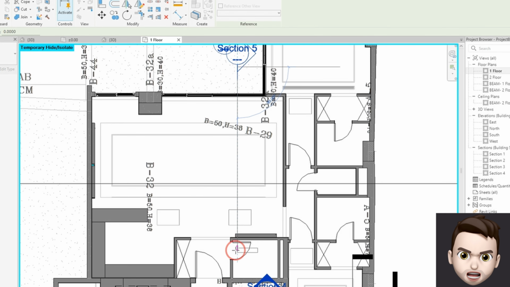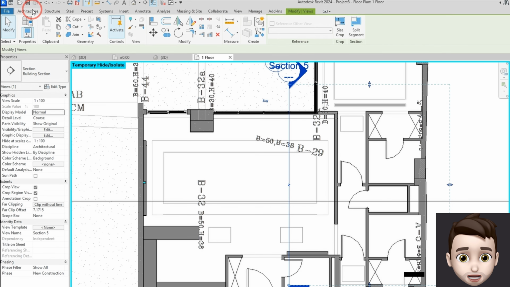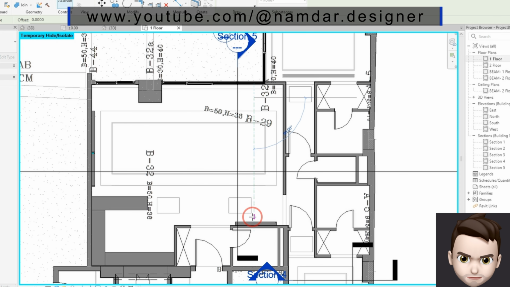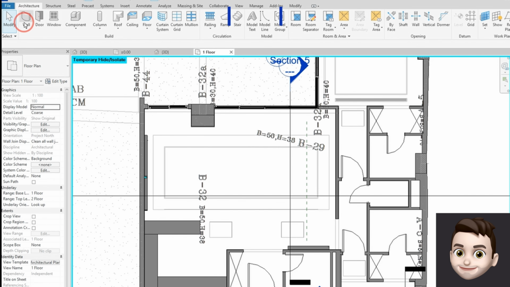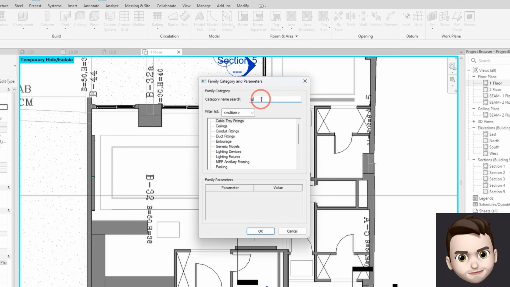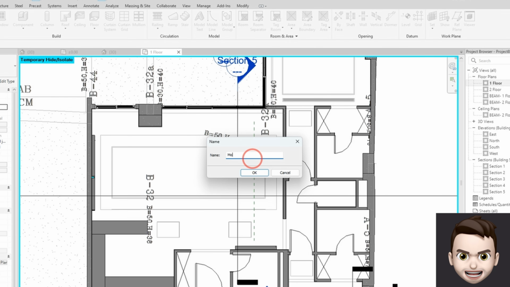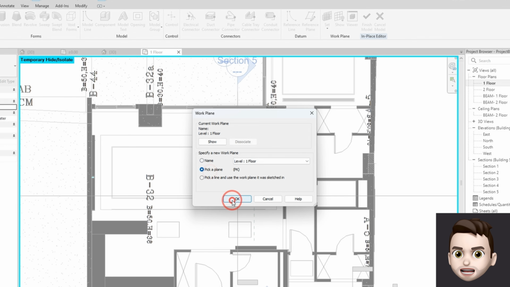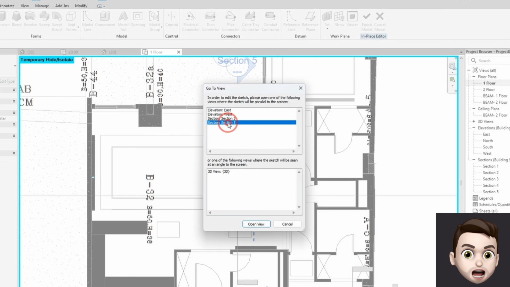I need a section here and go to architecture. I use ref plane. I use generic model for it and I want to call it modern fireplace. I set my plane on section 5 and